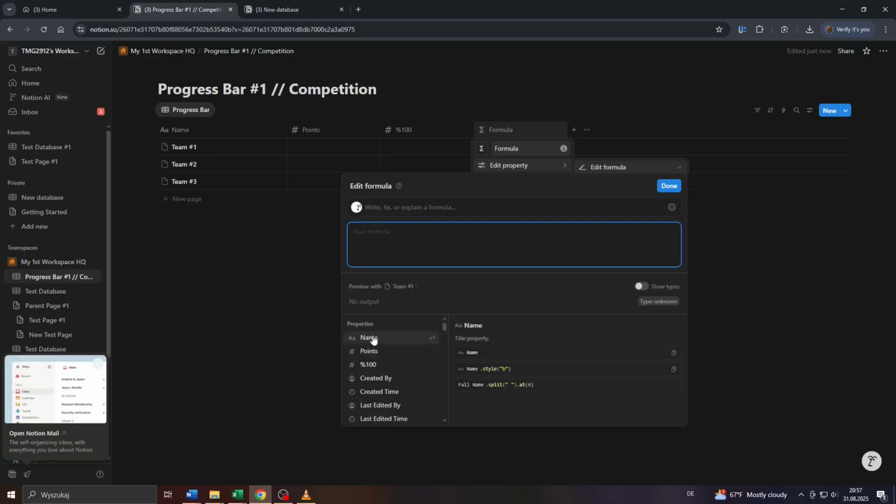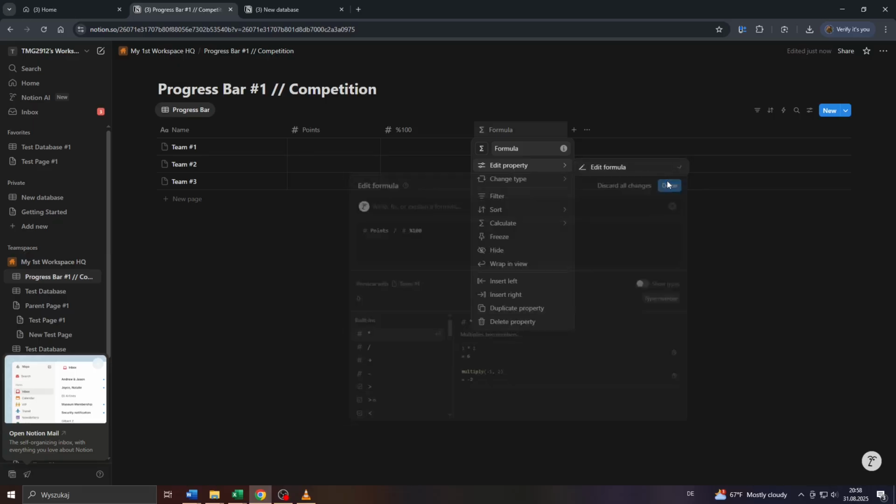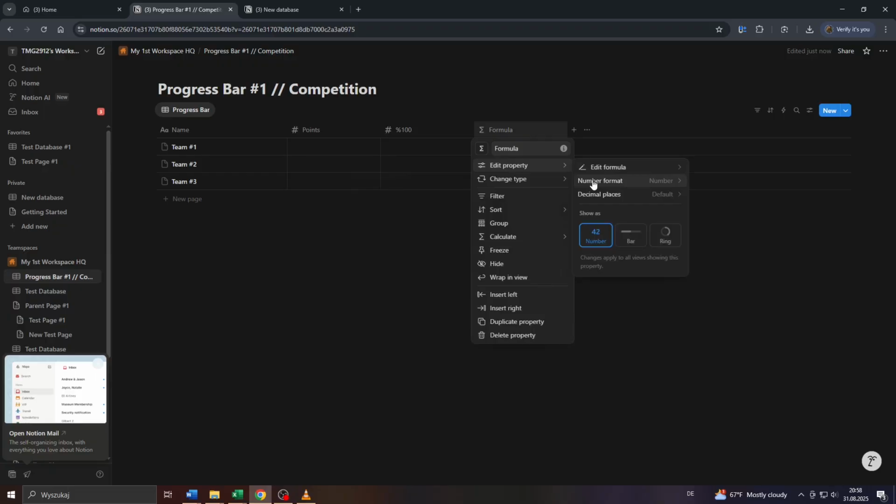So here into that text box, guys, type in or select here from your property list to the left the points property. After that, add a slash or a divide in this case, and add your second property from that list of suggested properties, in this case 100%. So the formula is points divided by 100%. That's it. After that, click on done here in the top right corner,